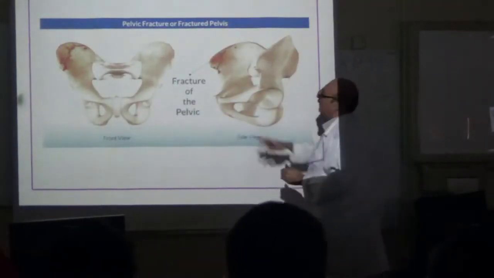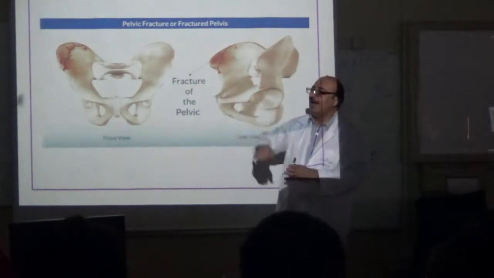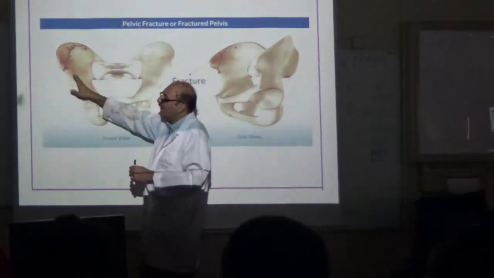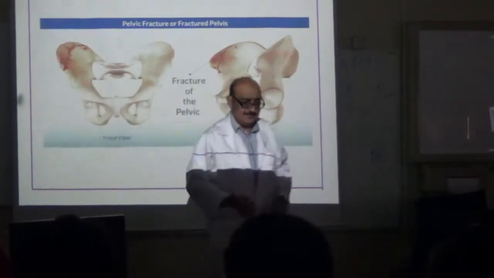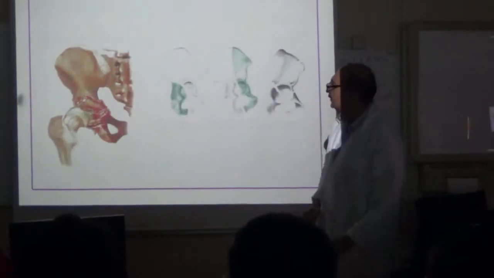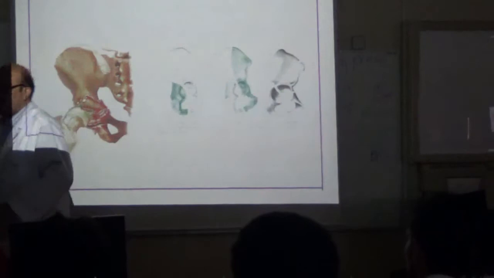Here are the possible fractures. Trauma from the sides makes a fracture of the ileum. Sometimes this is called the iliac blade. Iliac blade fracture. Fracture of the ileum. This is a very bad fracture when you fall from a height on your limbs and the